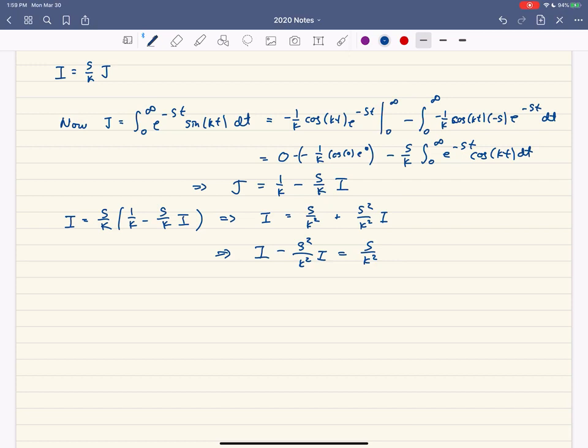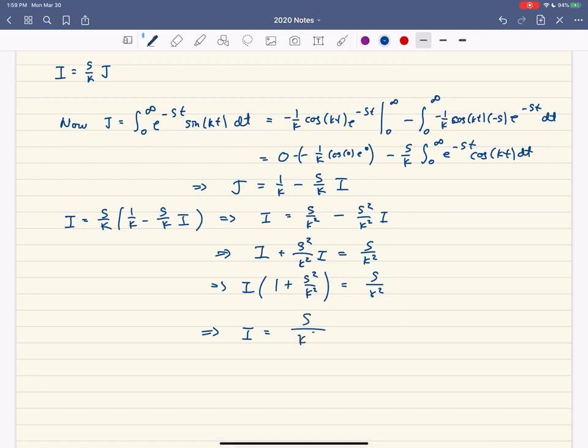What happened here? Something is wrong. When I distributed, I'm just going a little too quick here. When I distributed, there should be s over k minus s over k, so that should be a minus. So when I move it over, that's a plus. And then if we factor out an I, we're going to be left with 1 plus s squared over k squared, and that's going to be equal to s over k squared. And that means that I is going to be